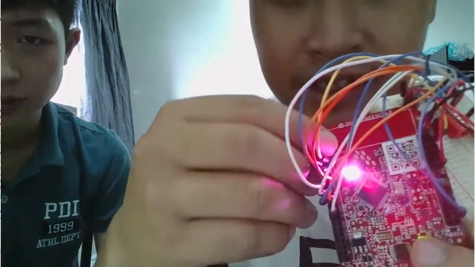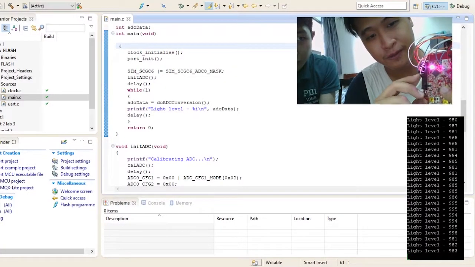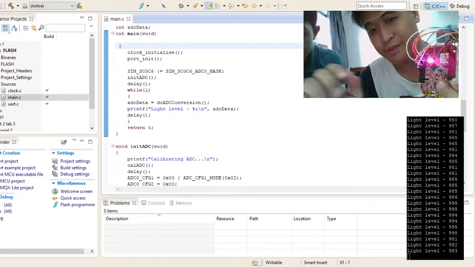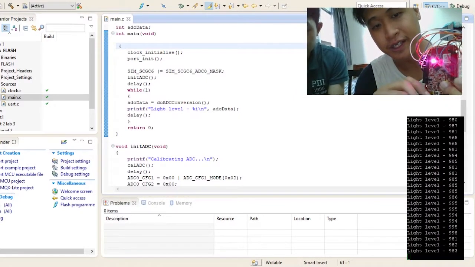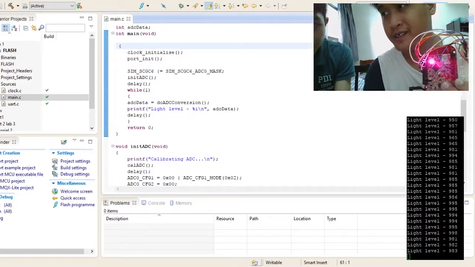The light sensor should be on top of the LED over here. So as for now, room brightness is showing around 900 plus on the kitty reading for this side. Then if we bring in